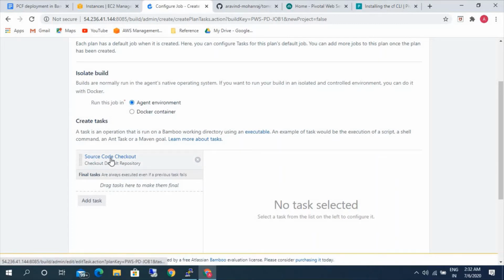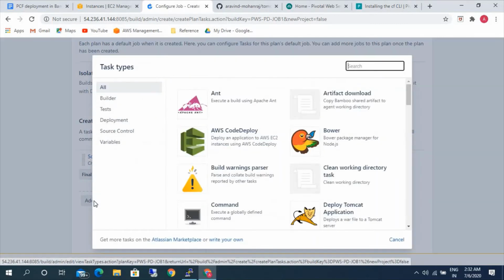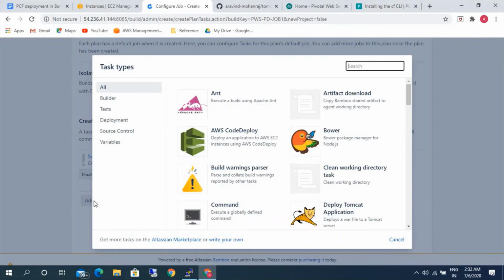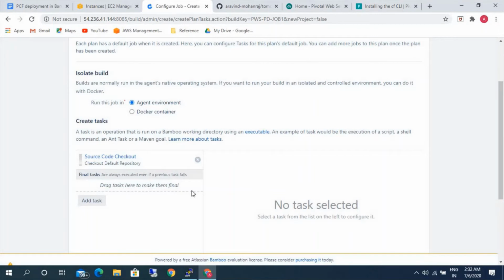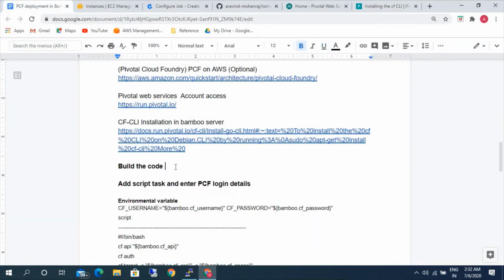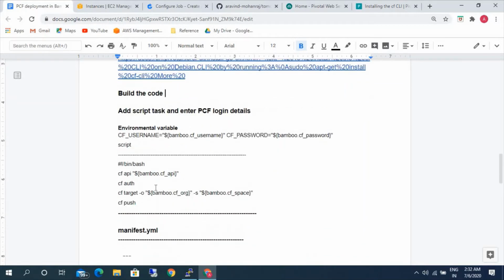The first task is source code checkout, where the source code will be downloaded. Before going ahead, let me explain how Bamboo will log in to the PCF and how it will deploy. Here, we will be pushing the username and the password as environmental variables.